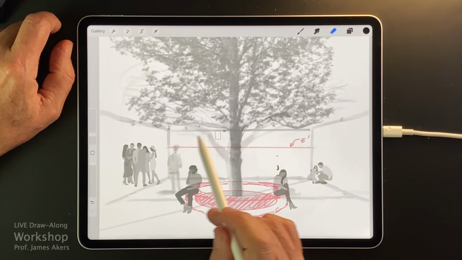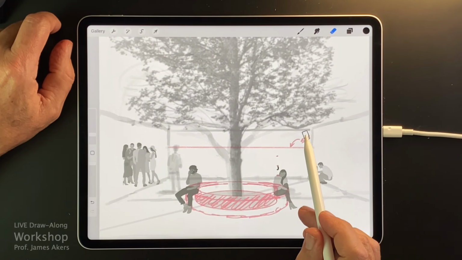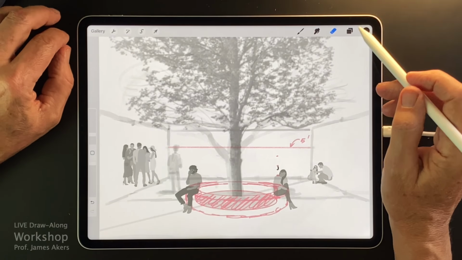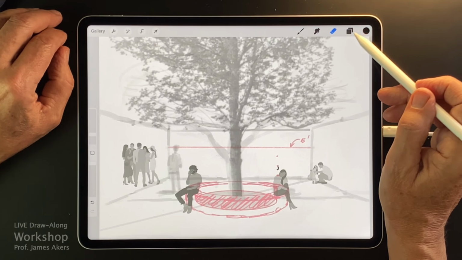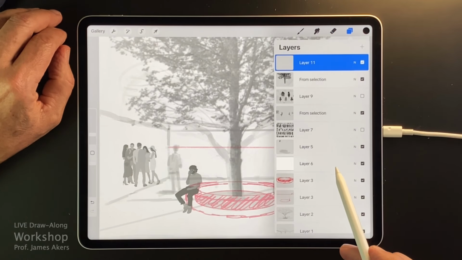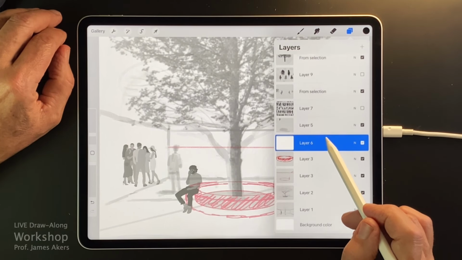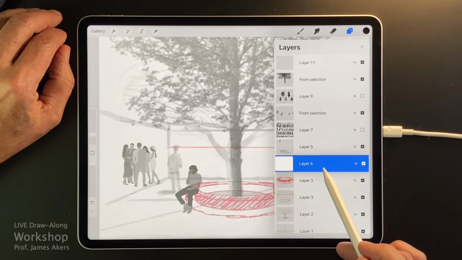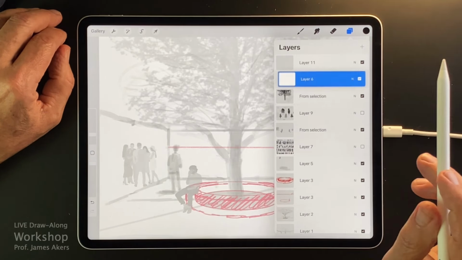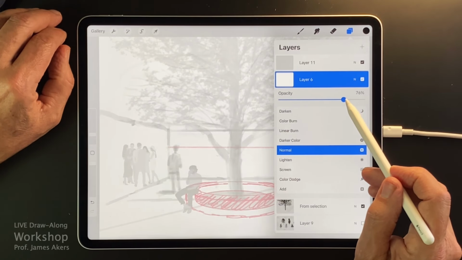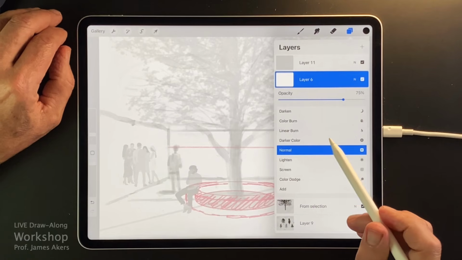I feel the need to tighten up the architectural part, or the landscape, the hard edges of the landscape part. So maybe it's a little bit quicker to show you that, where I'm going to take that layer of trace now and move it up over the last intervention that we made, and I'll release it there. I might even make it a little bit more opaque. I still want you all to see it.